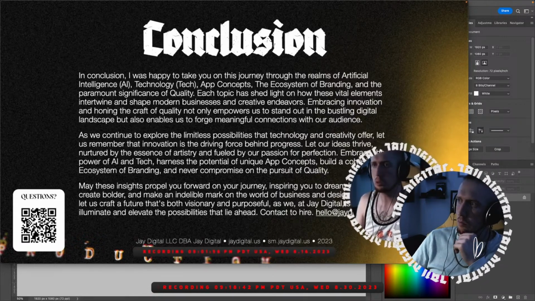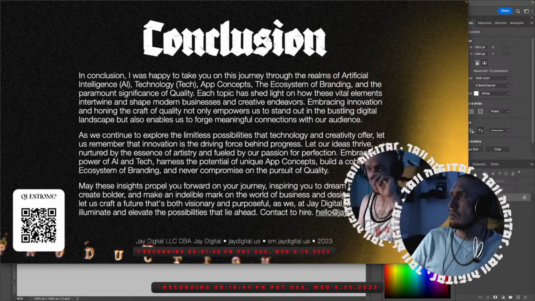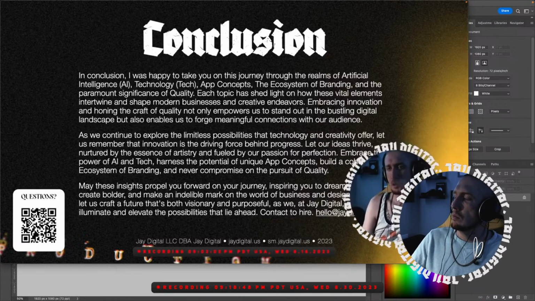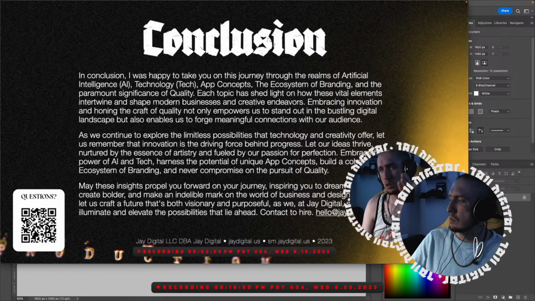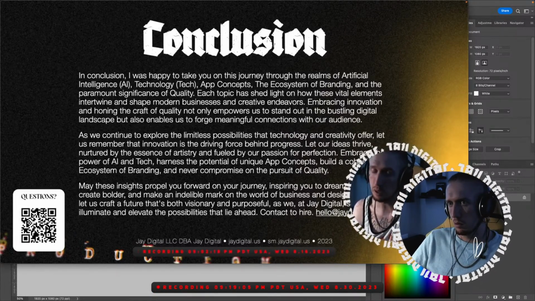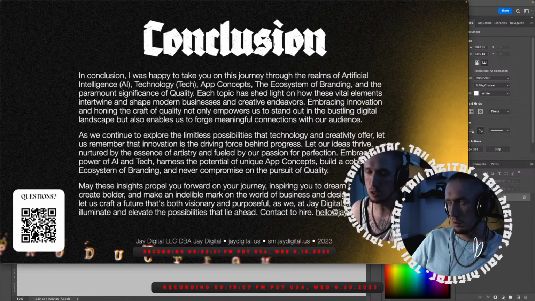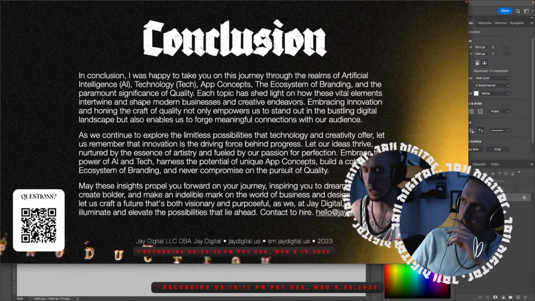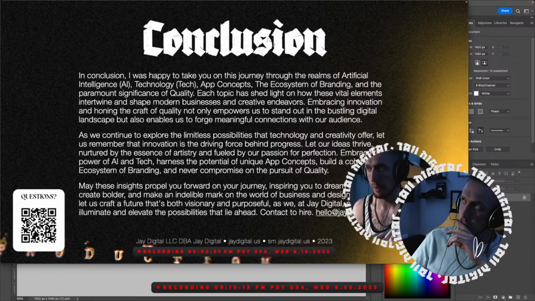As we continue to explore the limitless possibilities that technology and creativity offer, let us remember that innovation is the driving force. Sometimes we think that we can reach a perfect view, but it really just depends on the eye of the beholder. Not your eye, but the eye of the person looking at what you make.